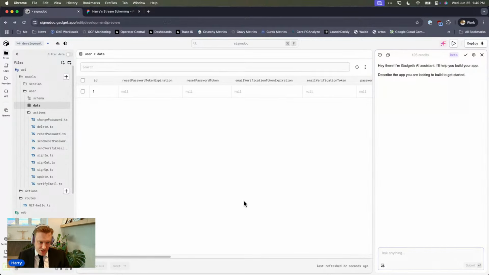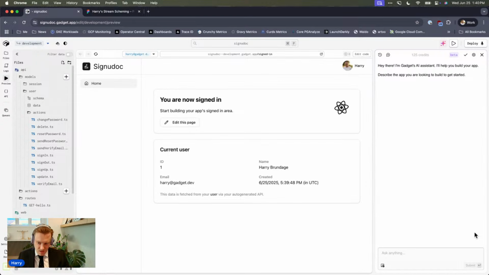Let's build some actual functionality. Why don't we start with some data models? That's how I like to build stuff, I go from the back to the front. You can go from the front to the back and summon front end functionality, but it helps me figure out what I want to do on the front end to lay the data out on the back end. So I'm going to ask the AI,